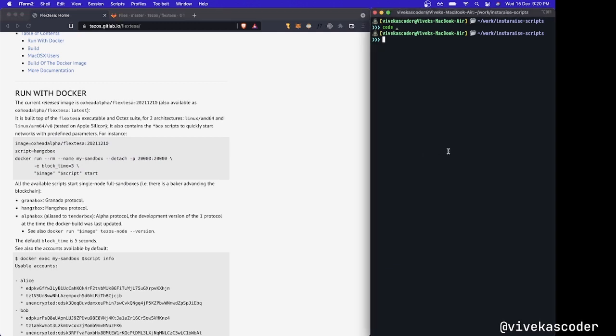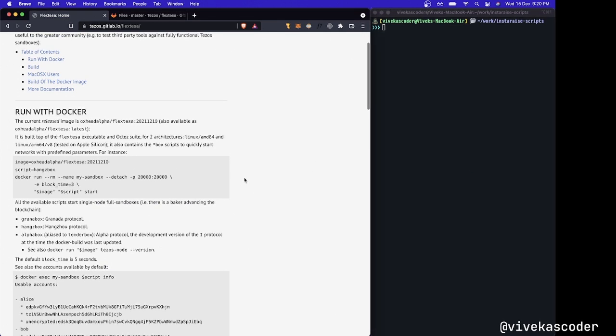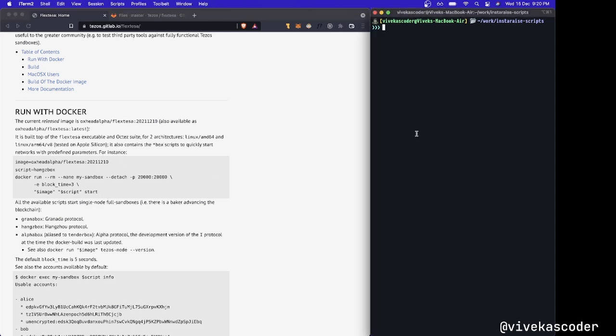So let me tell you how you can set it up in a VM so that you can directly use it without worrying about running it on your local machine. Now, why I want to run it on a virtual machine, the primary reason is it's kind of a huge package. It's almost a 2.5 GB container, which is too much for me. I don't want it to run on my local device. So what I'm going to do is SSH into my virtual machine. Once I am in,